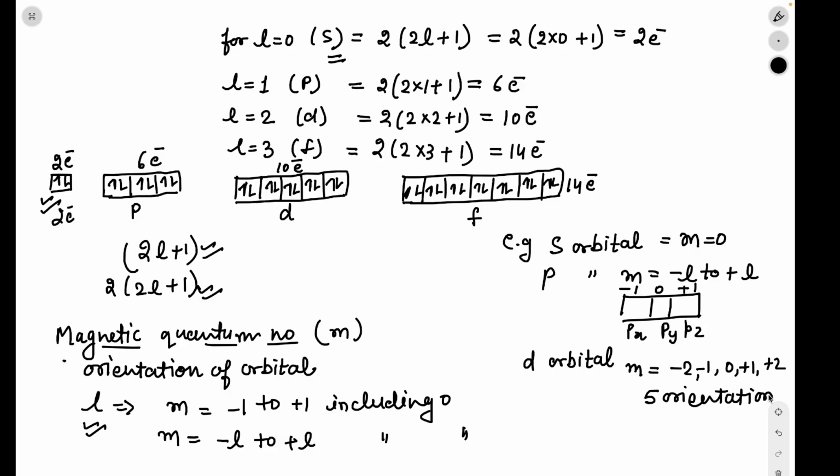So if the floor is N and the flat type is L, then the magnetic quantum number m tells us which room inside that flat the electron is staying in. As we can see, for P type, L is equal to 1. There are 3 rooms, each oriented differently in the building, like Px, Py and Pz. So there are 3 orientations for P.